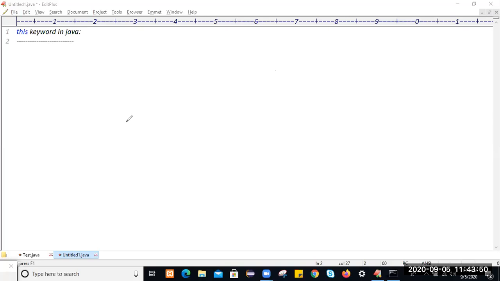Okay, just go ahead. So what is this? When you create an object, let's suppose the class name is Test. So this is the object creation statement. The moment you write this statement, new Test, where Test is the class name, one object will be created. If you are not going to give a name to this object, the compiler will give some name to this object. That is called this. Actually, this will point to the current class object which is going to execute. What is the current class object currently in use? The this keyword will point to that current class object.